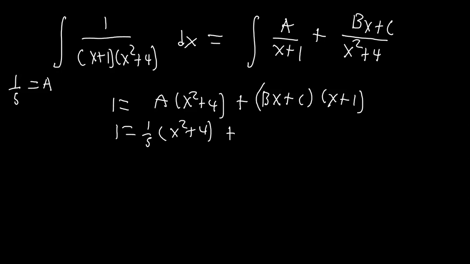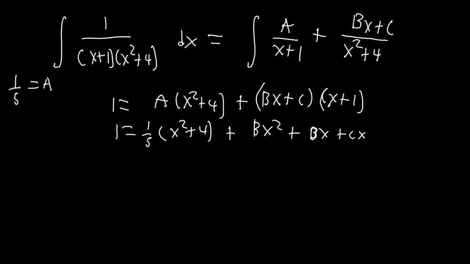Because we've already done x equal to -1, but we can't really make x squared plus 4 equal to anything, like any strategic values for that, because then you'd have bx plus c left. So now this is the part where you'd have to. Okay, here's the rule: whenever you can cancel some factors out, like here, x equal to -1, do that and solve for the other variable. But when you can't, then you kind of force a FOIL, as in this case. So now you'd have bx squared plus bx